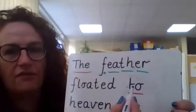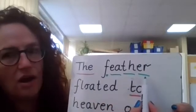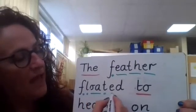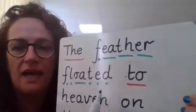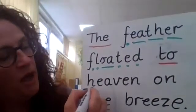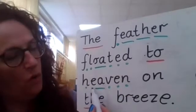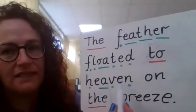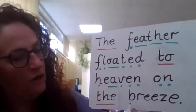The, feather. Three digraphs in that word. The feather. Floated. The feather floated. Make sure you've got your sound buttons in the correct place. To heaven. Make sure you've got all of those phonemes in the word heaven. Like the word seven has an N at the end. On, so the feather floated to heaven on the